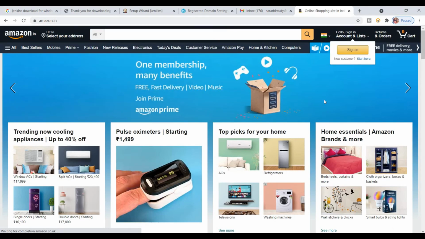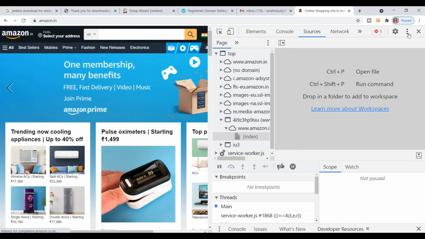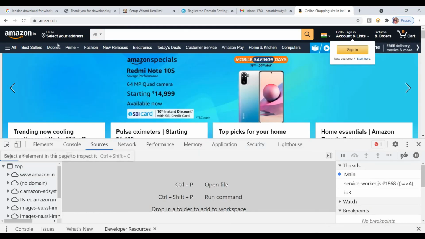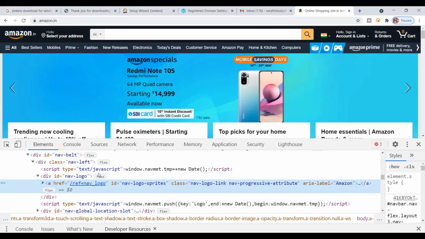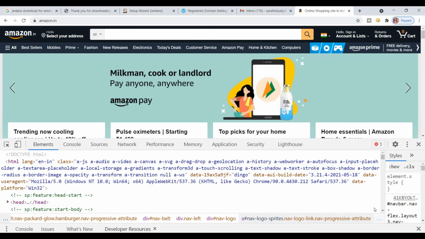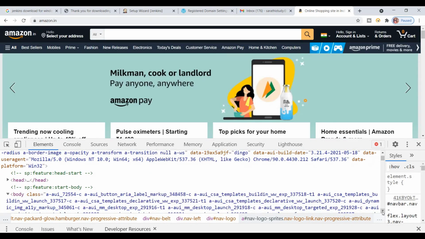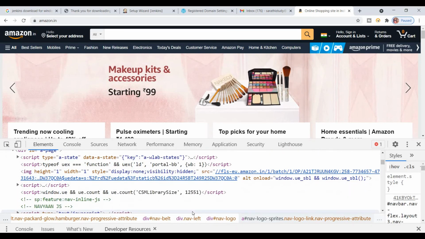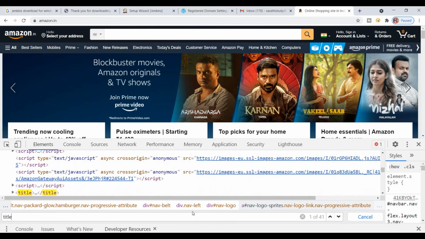So press F12, and here you can go up and check what the title is, or else you can search for this title.